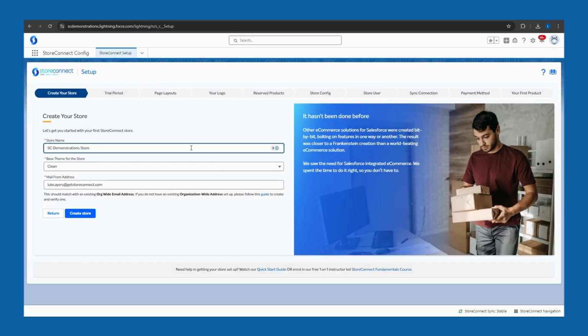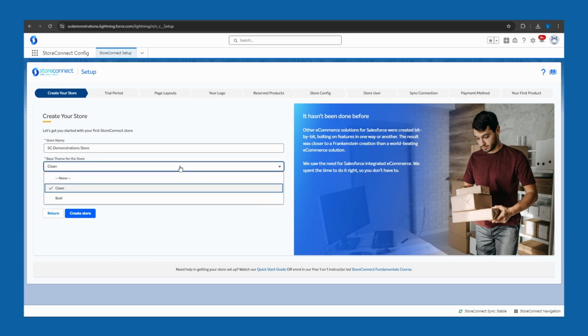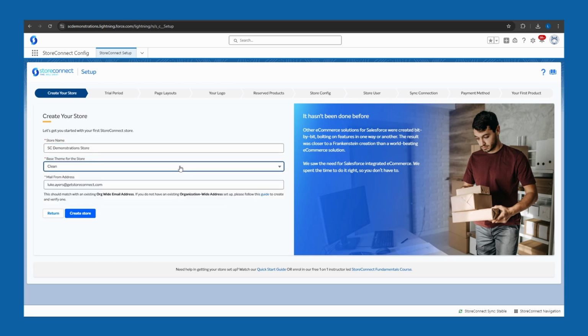Choose a store name. Select a visual theme for your store. You can leave it as the clean theme to start with, as this can be changed again later. Enter the email address from which you will send emails to your customers. This will need to be an organization-wide email address. This is something general, such as info@ or any other organization email address which isn't associated with any particular person